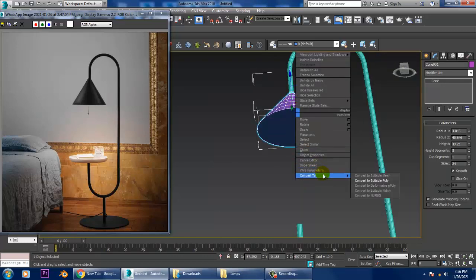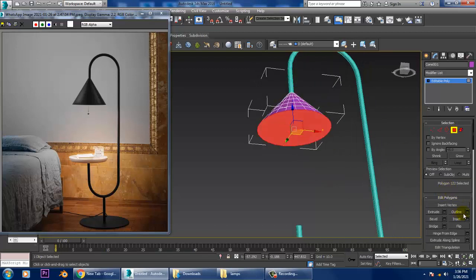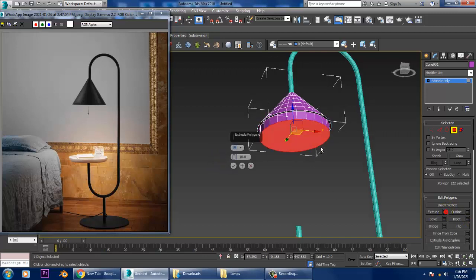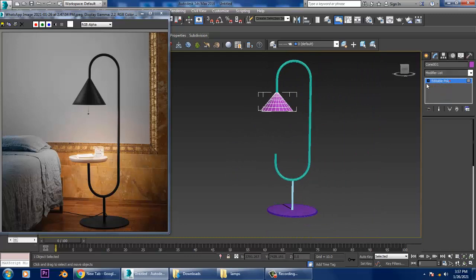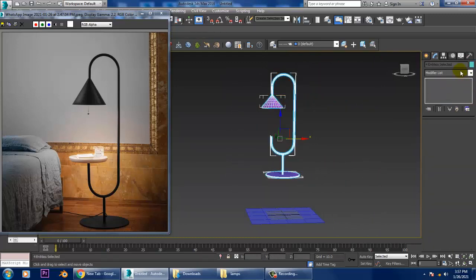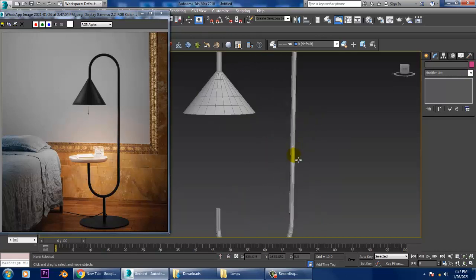Right click, convert to editable poly, go into the polygons, insert it and slightly bevel it. We are going to bevel this, click OK. Select this and let's just give a color to it.